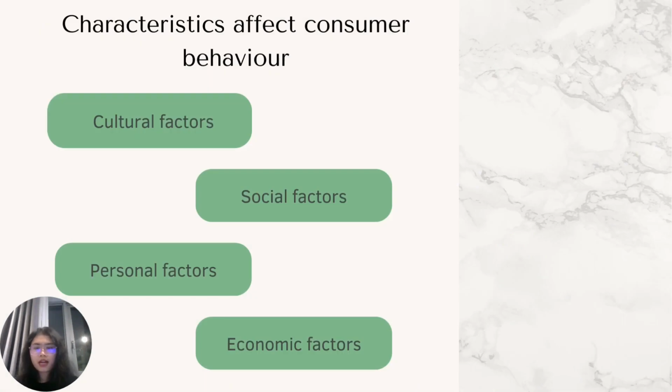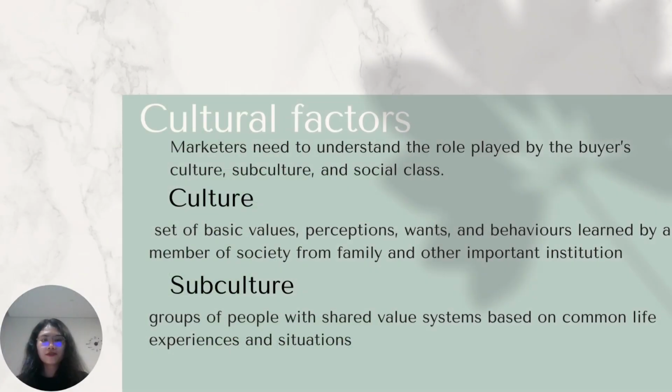Let's move to the second objective, that is characteristics affecting consumer behavior. There are four main factors, including cultural, social, personal, and economic factors. The first factor is cultural, where marketers need to understand the role played by the buyer's culture, subculture, and social class. And culture is a set of basic values, perceptions, wants, and behaviors learned by a member of society from family